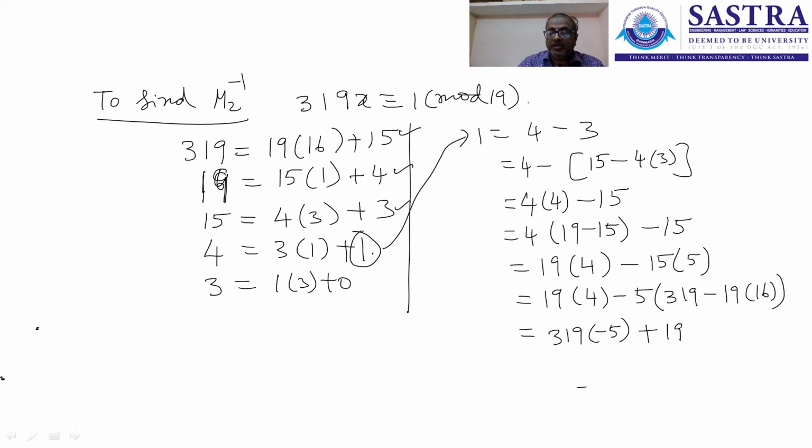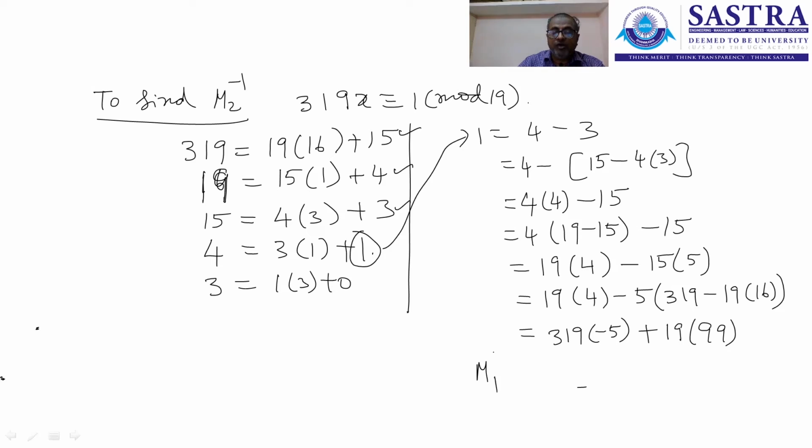Plus 19 into, okay, so now what do I get? I get 16 into 5, 80, 80 plus 19, 99. Okay, I'll have 99. Okay, so now in this case, if you look at this,